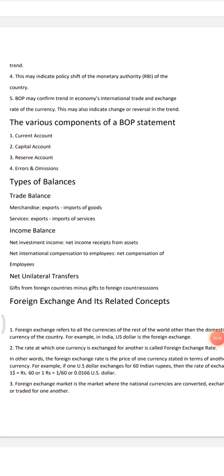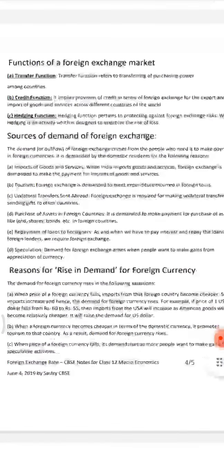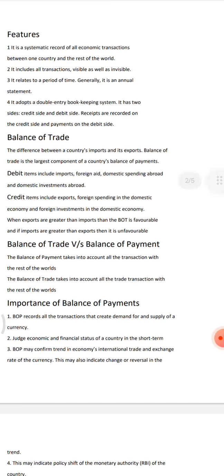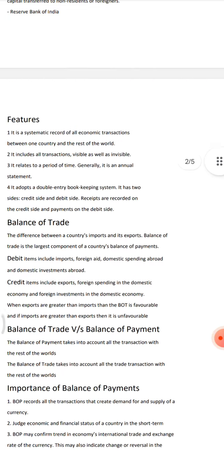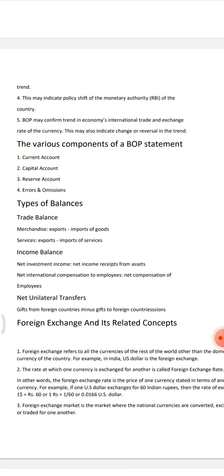Hello guys. So this is the third lecture of balance of payments macroeconomics, and in the previous two lectures we talked about definition, features, balance of trade, and the difference between balance of trade and payments, in detail. So this is the third lecture, and in this we are going to talk about the various components of